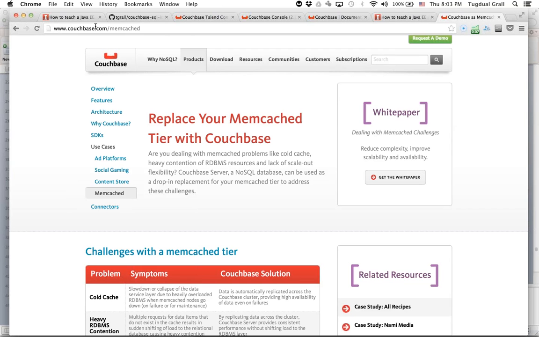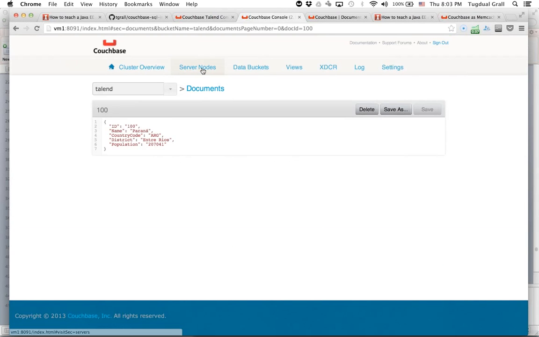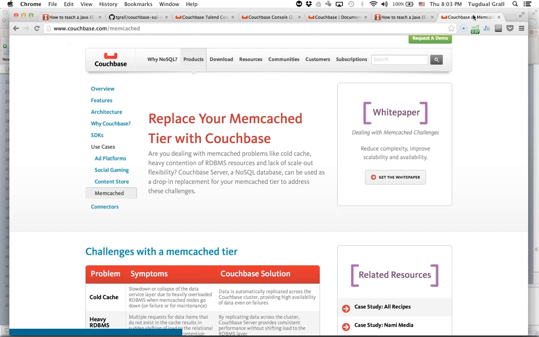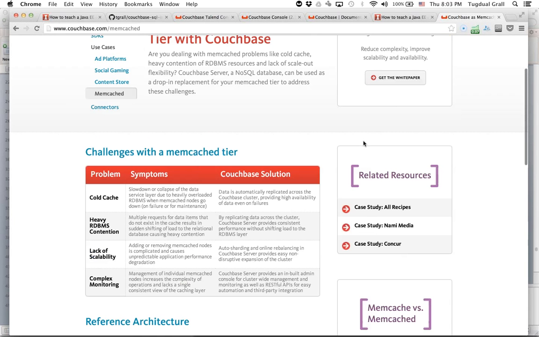First of all, we use internally the same protocol. That means you can switch your existing application from Memcached to Couchbase. And what it will give you is a distributed Memcached with a very advanced console to know exactly what happened and so on. So a distributed and replicated cache. If you lose some nodes, you don't lose the data of the cache. You will never start with a cold cache. It's as easy as Memcached with more information and more features. So remember, couchbase.com/memcached, you will find a lot of information.